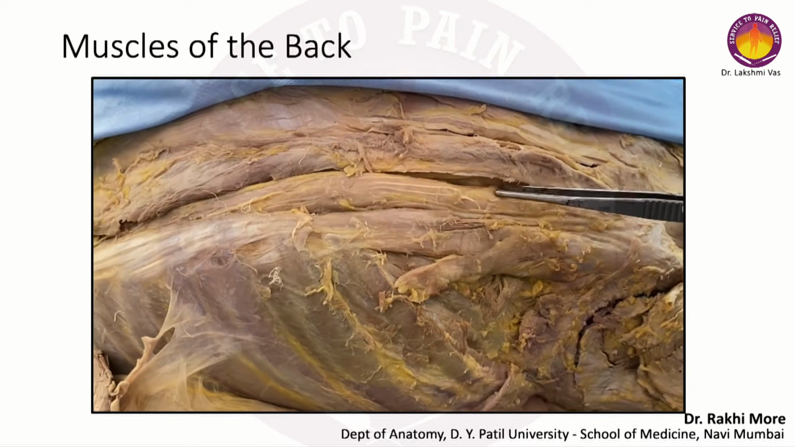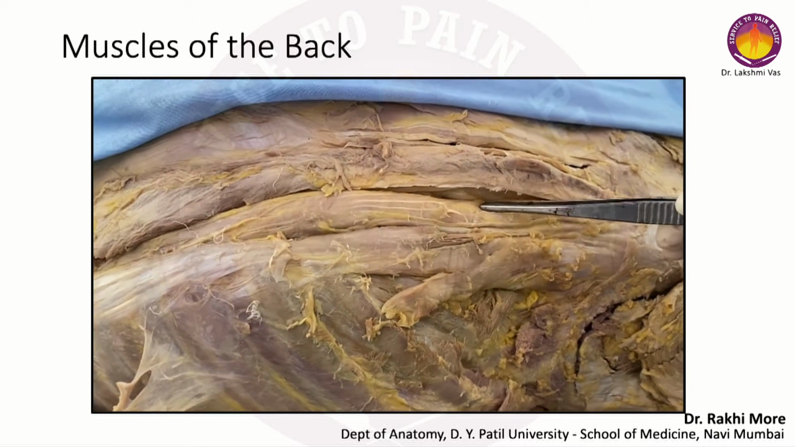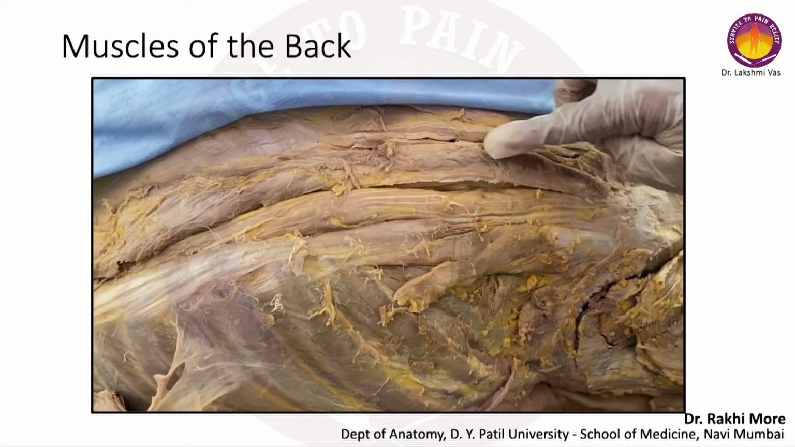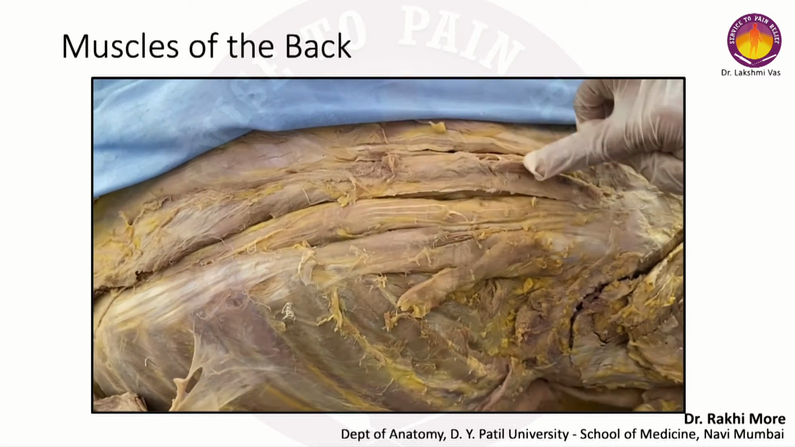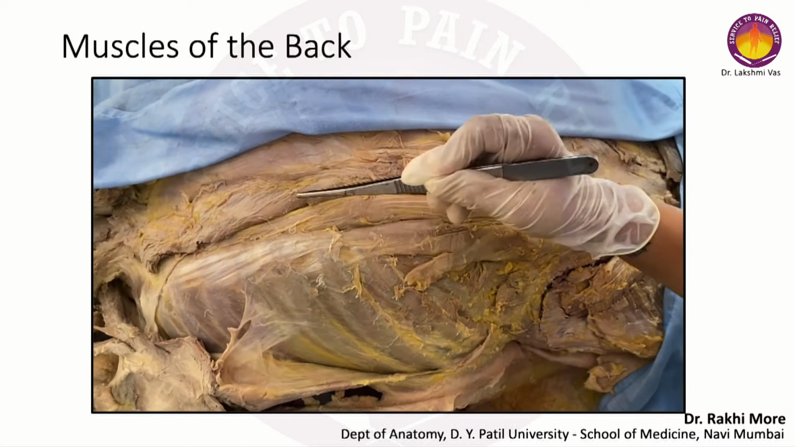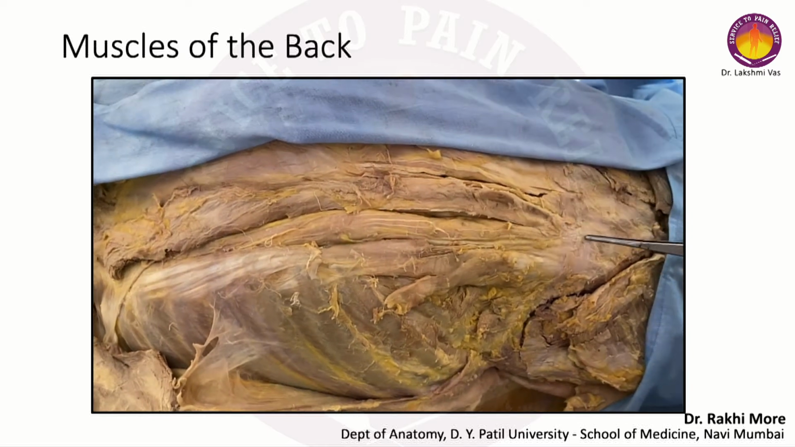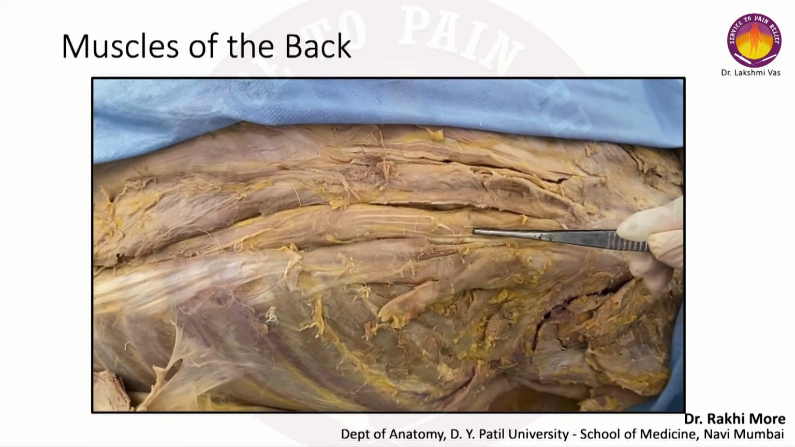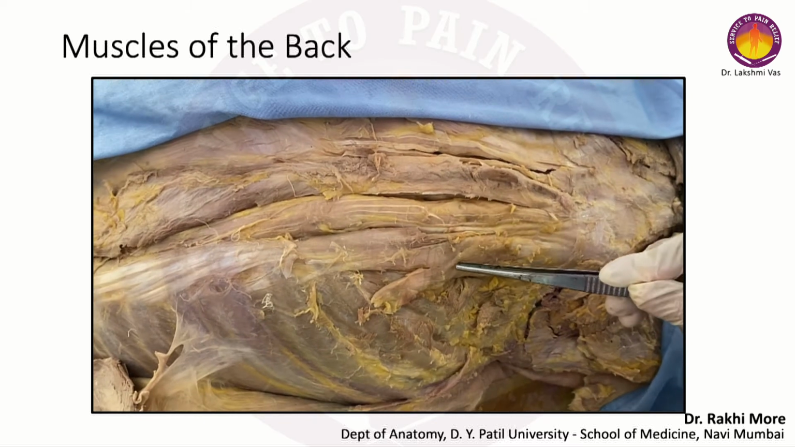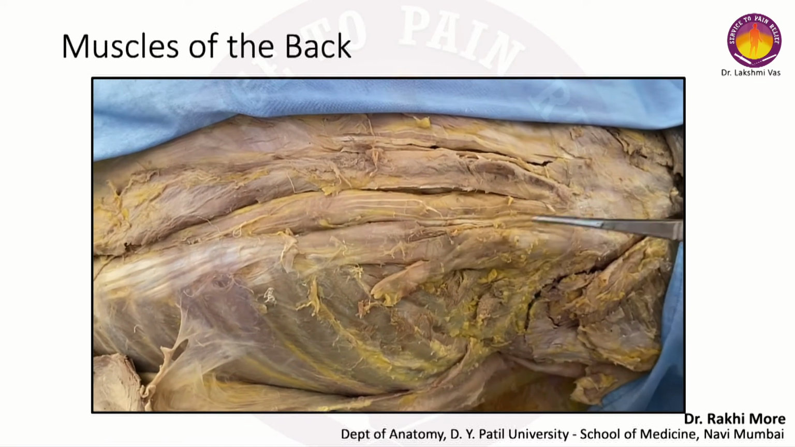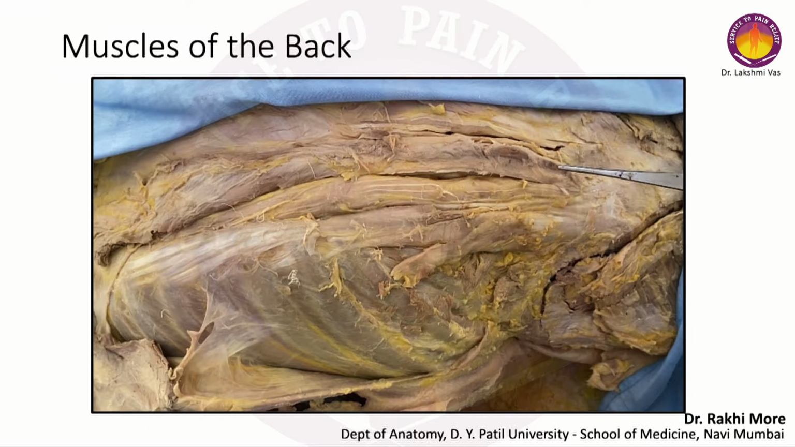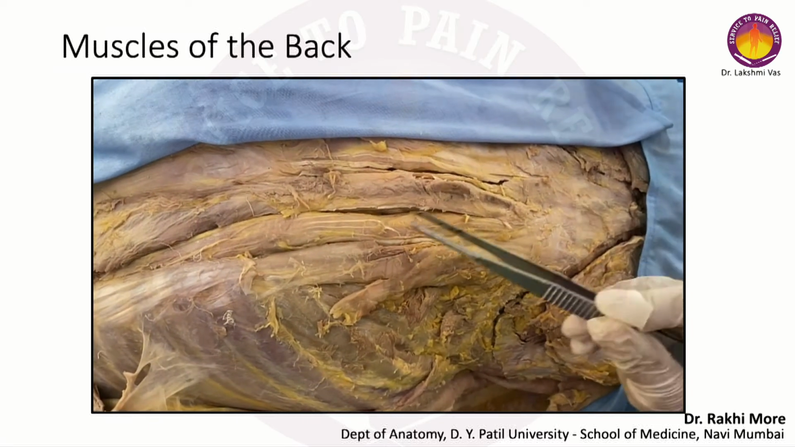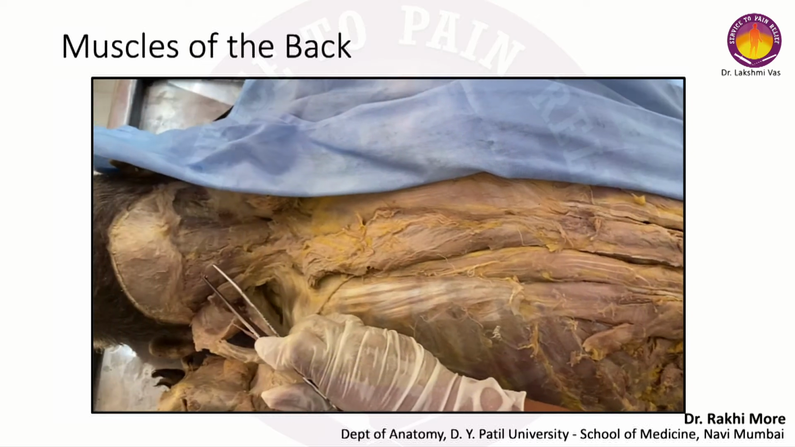Now the erector spinae muscle is present in three groups. This is the midline, so this is the spine. So the muscle which is related to the spine is the spinalis. Laterally will be the longissimus and lateral most will be the iliocostalis. So these are the parts of the erector spinae muscle which run right from the sacrum to the skull. The muscle takes origin in form of a